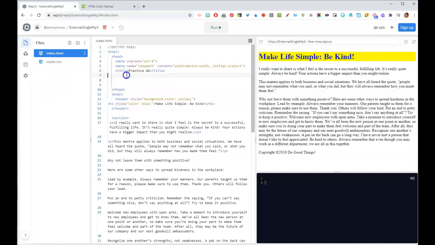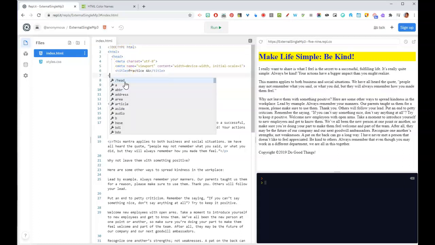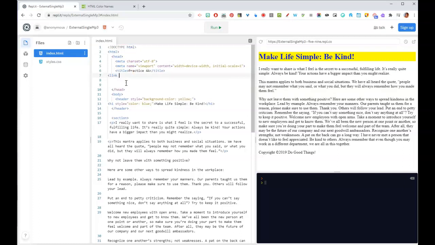That's done in the head section. So you're going to do that up here in the head section. It doesn't really matter where it goes, as long as it's in the head section. I'm going to put it after the title. This tag is a link tag. It has 3 parts. REL, which is relationship, and you can press tab and it'll put it in there. Style sheet. The relationship is a style sheet. The type, again I'll press tab, is